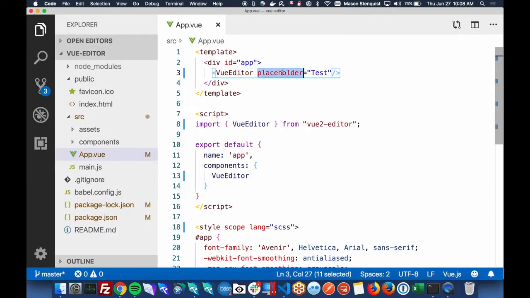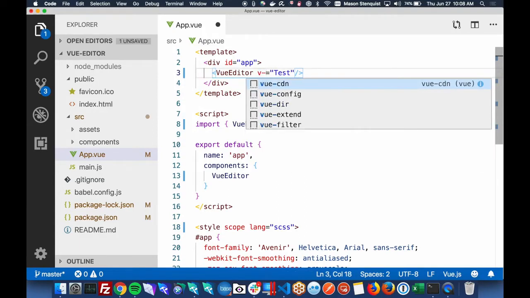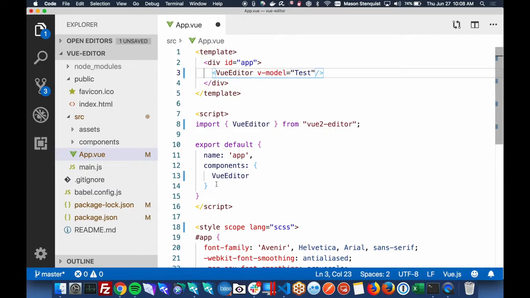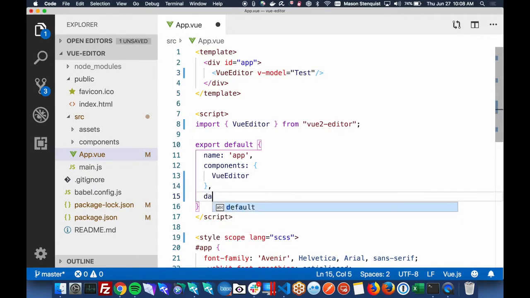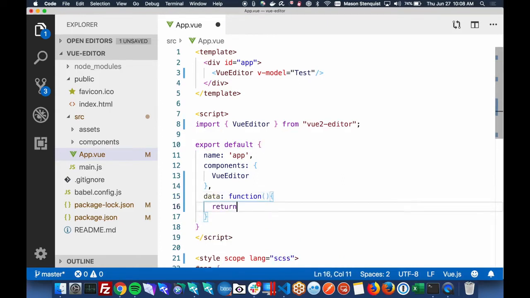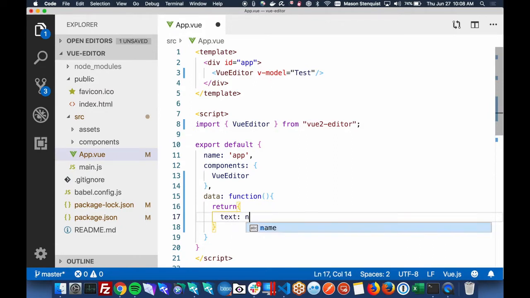So vModel is a special two-way binding syntax that Vue has, and it'll let you bind it to data properties in your Vue instance for that component. So just do that, and we return an object. Now we can put as many data properties on here as we want. We'll call this one text, and we'll start with null.